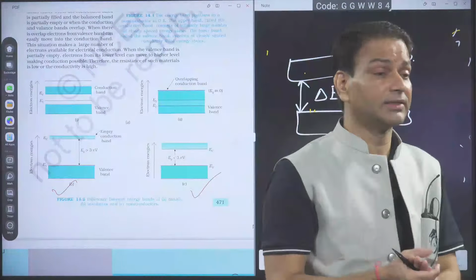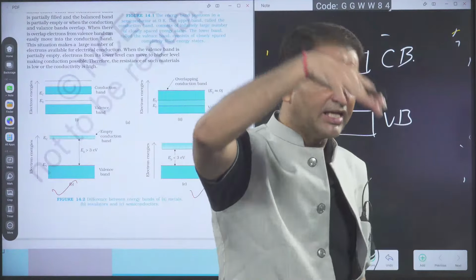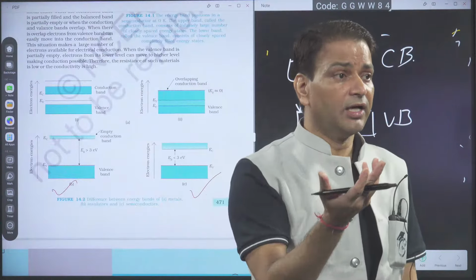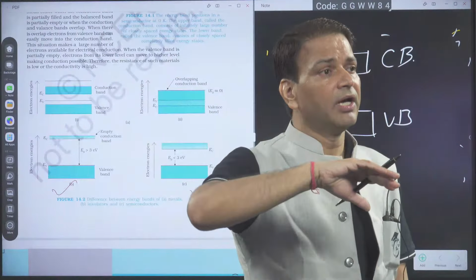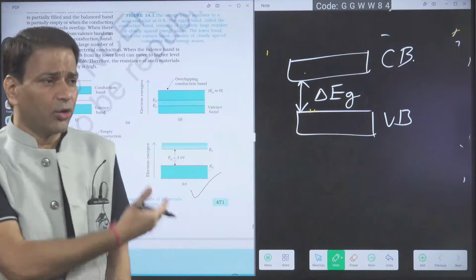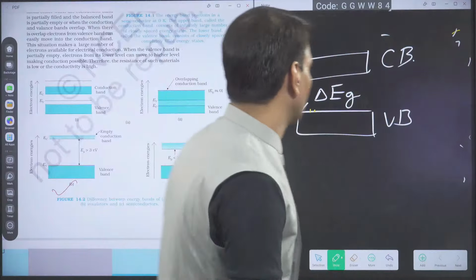Like the example of sodium. In sodium we have 3s1, so in the 3s level itself there are free energy states in which an electron can conduct. So it means in sodium the valence band and conduction band are overlapping. But in zinc they are different, though the energy difference is very small. So in metals we can say the energy gap is nearly 0 or very small. In the insulator it is greater than 3 electron volt according to NCERT, and less than 3 electron volt we can say it is for a semiconductor.